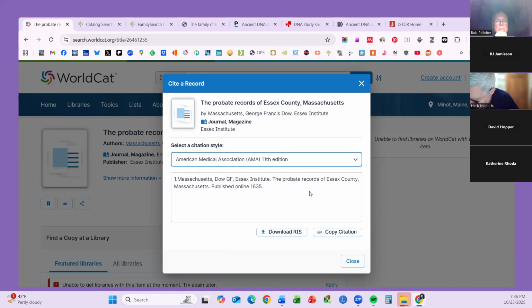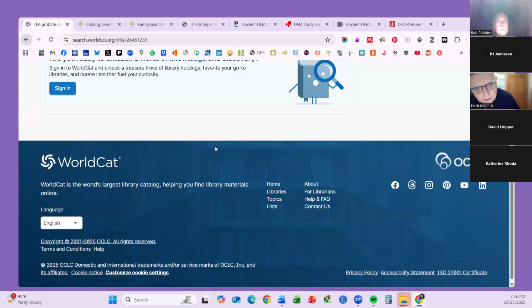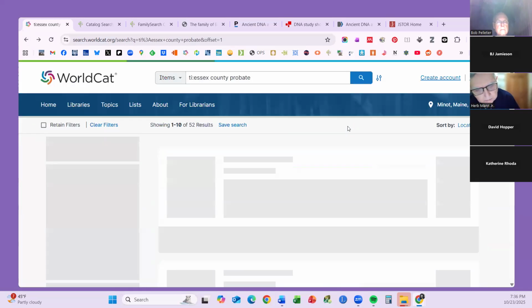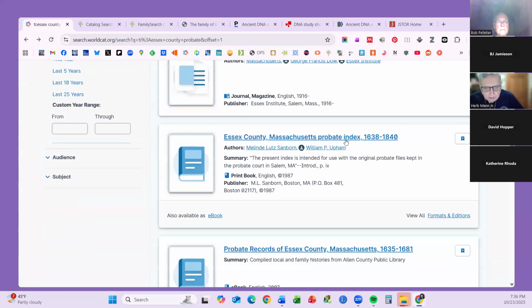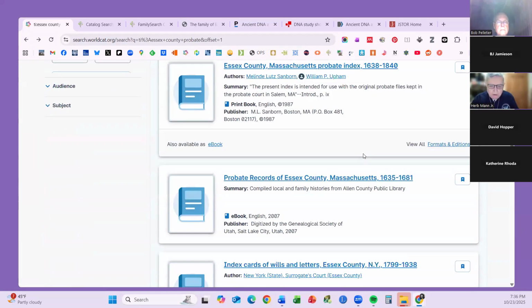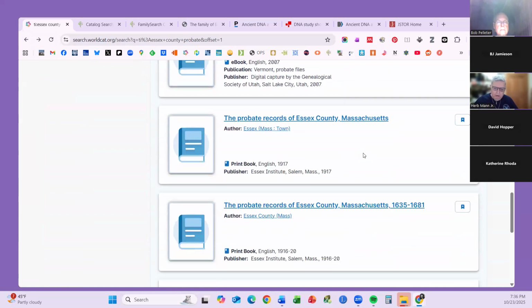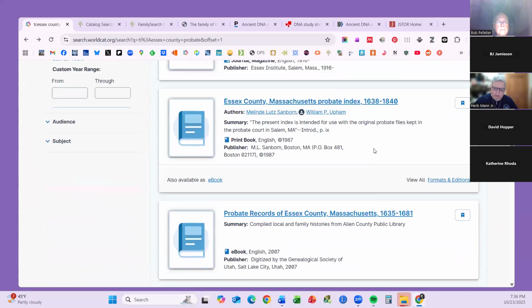I often look at a couple, because you can see it's not really giving me a good example here, because this certainly wasn't published online in 1635. So let's look at an easier one, which would be this index, because it's a modern book. Oh, that's one she published herself. But let's look at it just because it gives you